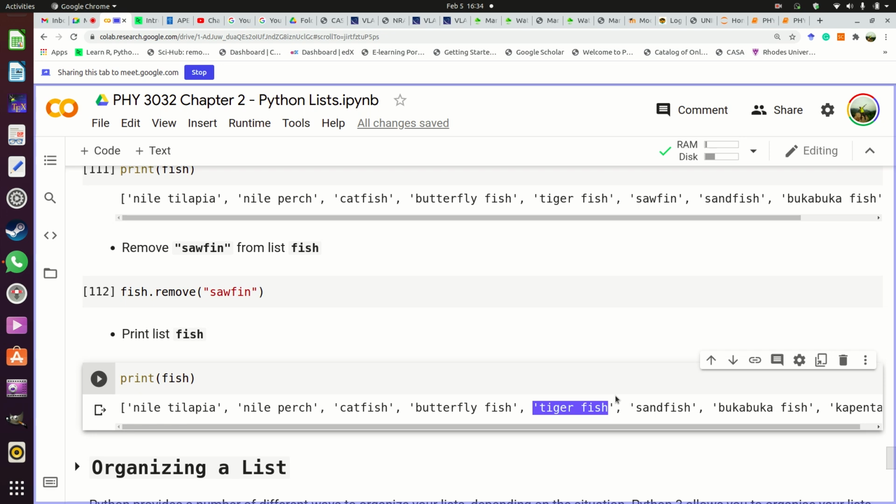The third one is by using remove. Remove uses the value of an item. It doesn't use position. So you say the name of the list, then you put a dot, then remove, then the value of the item which is supposed to be removed. Are we clear? Yes. Okay, so let's move on to another thing you can do with the lists, and that